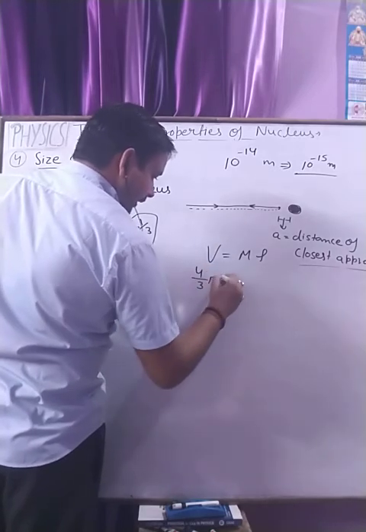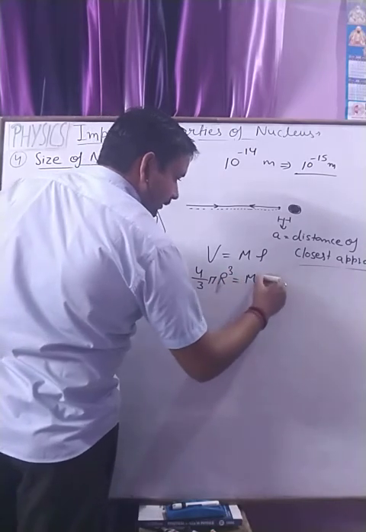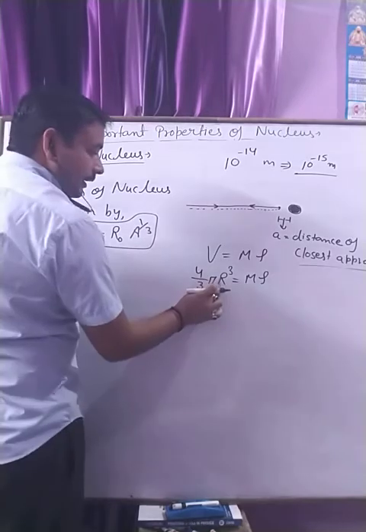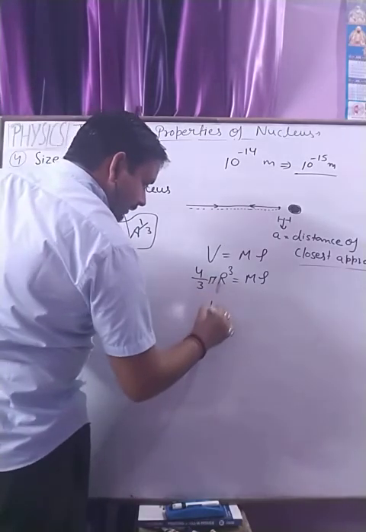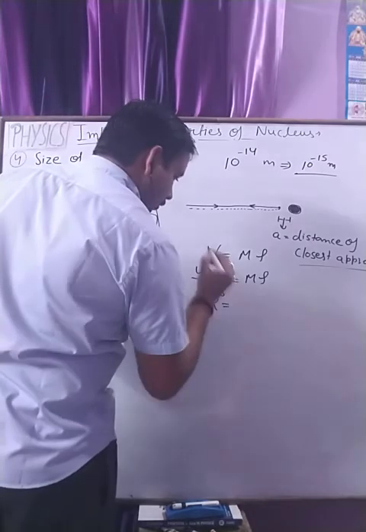We say capital R cube is equal to mass and this rho. Clear? Now from here the value of R is calculated, that R cube is